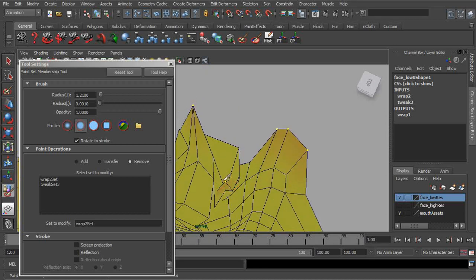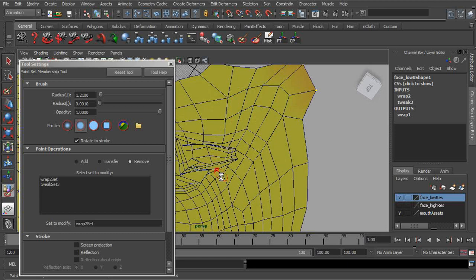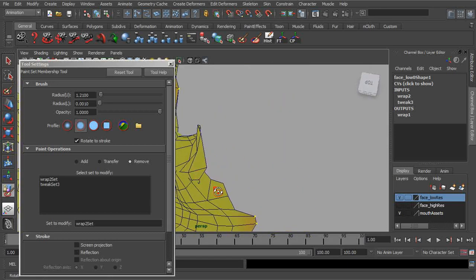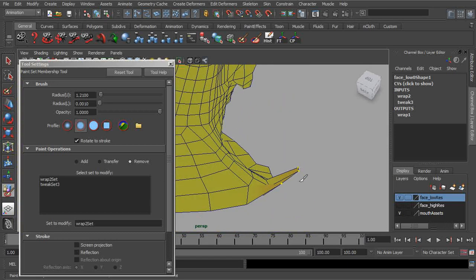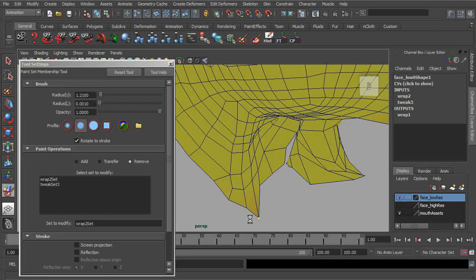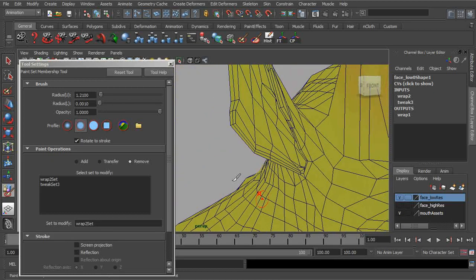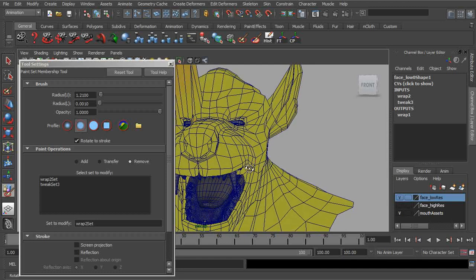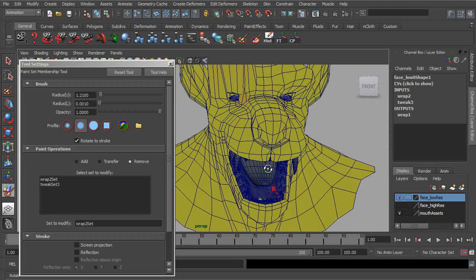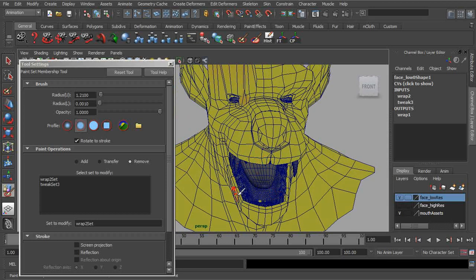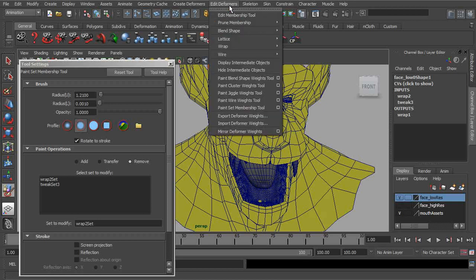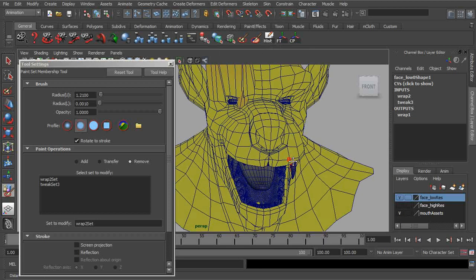So that's no problem at all. Let's go through and tweak a few of these spots until we're good to go. So there's a few around the base of the neck that we'll want to remove. And then for more difficult areas that the brush doesn't seem to capture, well, you could always use something like the Edit Membership tool. Just to show you that quickly,